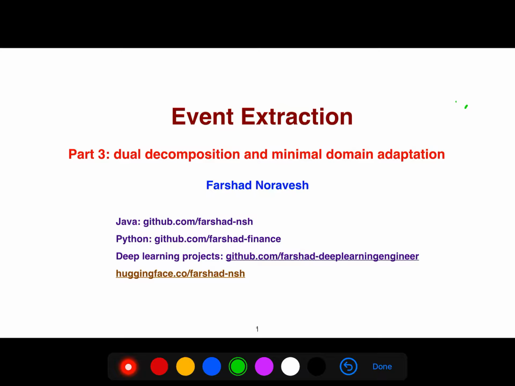Now I'm going to be explaining an approach for event extraction that uses the idea of dual decomposition and, of course, minimal domain adaptation. I have a playlist for dual decomposition in NLP and parsing in general, where first I introduce MAP estimation in graphical models, particularly Markov random fields, and then I talk about some techniques such as dual decomposition, that is really important, which enhances